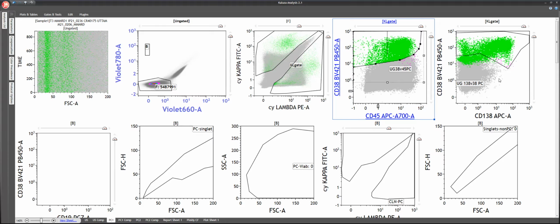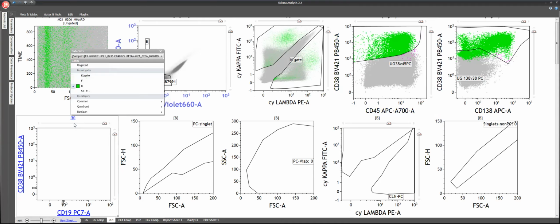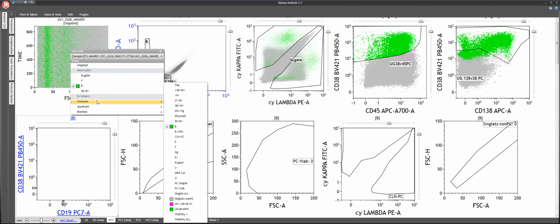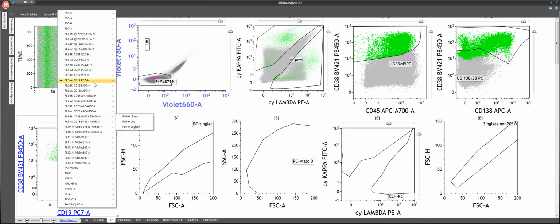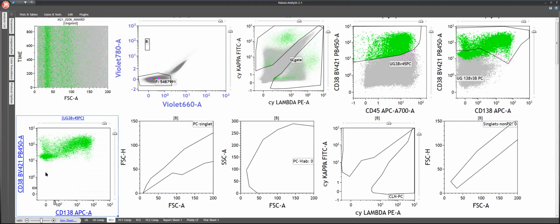So to exclude that, this is our parent gate and this is our next gate. So finally what we'll do is to take this gate and then adjust our cells using 38 and 138 as we have done in our earlier analysis. So we'll take this UG, which basically means ungated 3845, because we have not used any singlet or viability gate here. So these are the cells, and we have CD138 and 38. If you look at CD138 and 38, these cells don't look like plasma cells. Okay, so we can exclude them and put a next gate